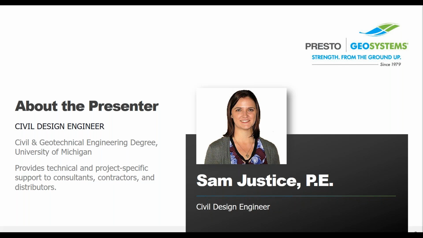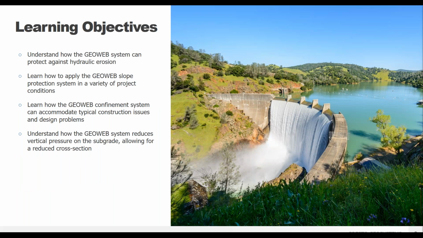So I'm one of the engineers here at Presto Geosystems, and we manufacture erosion control, stormwater management, and porous pavement products. All of our products are made in the upper Midwest of the United States in Wisconsin. And we do have an extensive national and international distribution network. And then we also offer technical and site support, as well as a free project design evaluation from our in-house design engineering team, part of what I'm with.